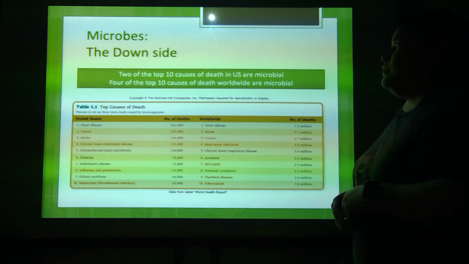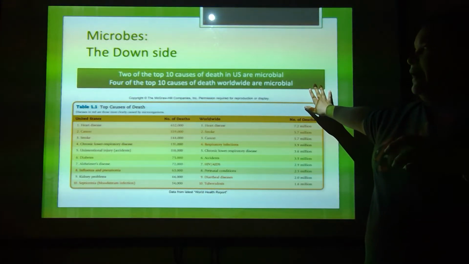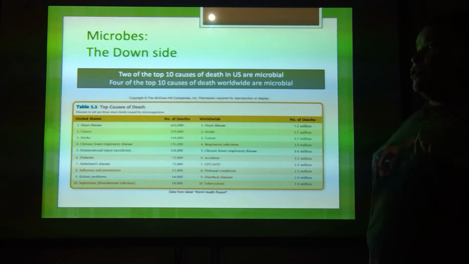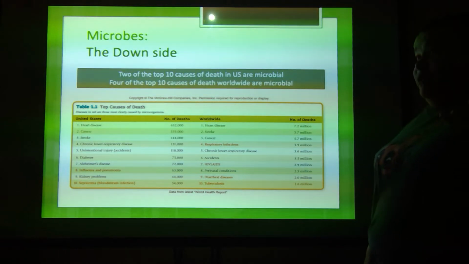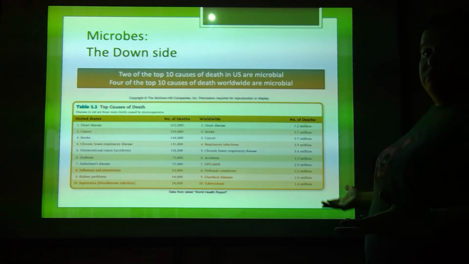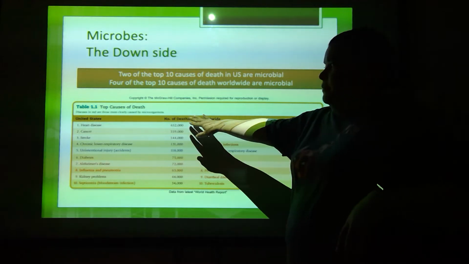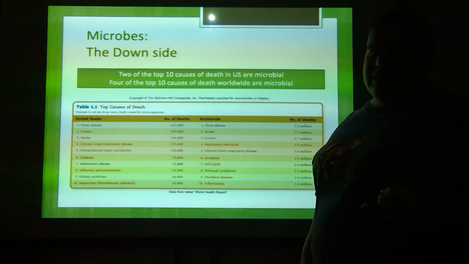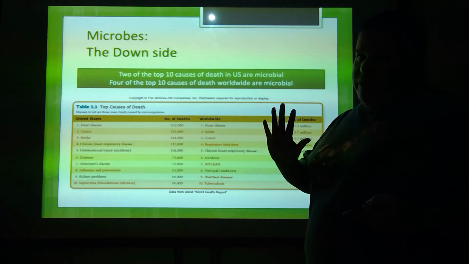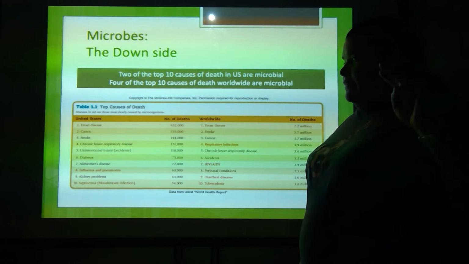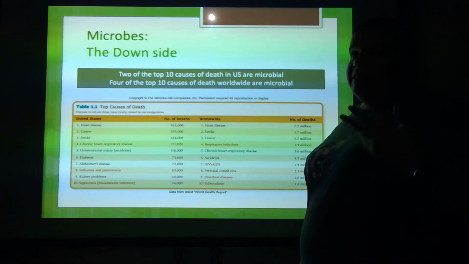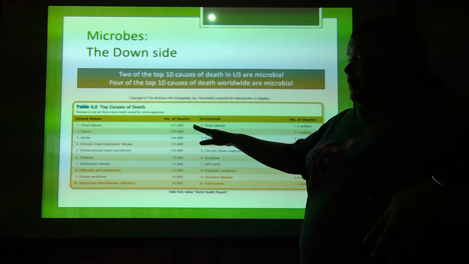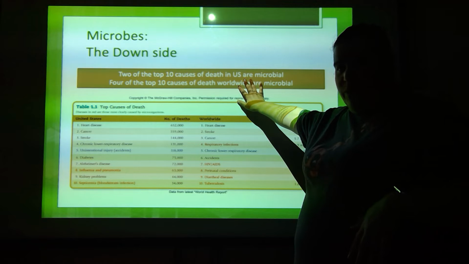Okay, so if you look at the top causes of death in the United States or worldwide, you will notice that microbial infections are the cause of them. So, top 10 reasons for death in the United States. Number 8 is influenza and pneumonia. I'm sure that's changed now because of COVID. Don't get me wrong. And number 10 is septicemia. Septicemia is a very fancy way of saying there's an infection in the bloodstream. Either way, both of these are infections caused by a microbe.